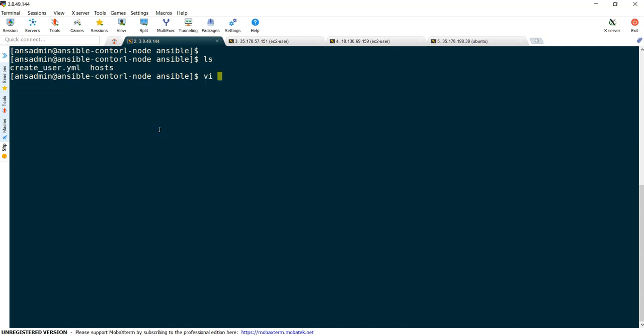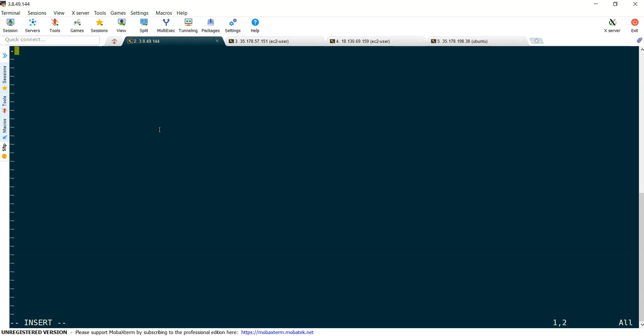I'm going to create a new Ansible playbook, that is install packages.yml. It starts with three minuses followed by a single minus and a space. Name, I'm going to give the name: install packages. Okay, now hosts. Now whether I want to install on all hosts or only on specific hosts, that I